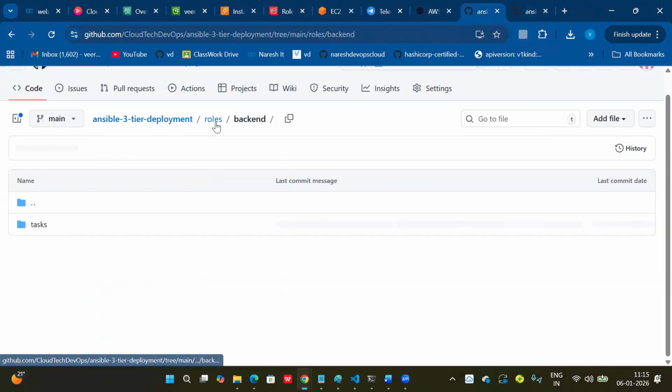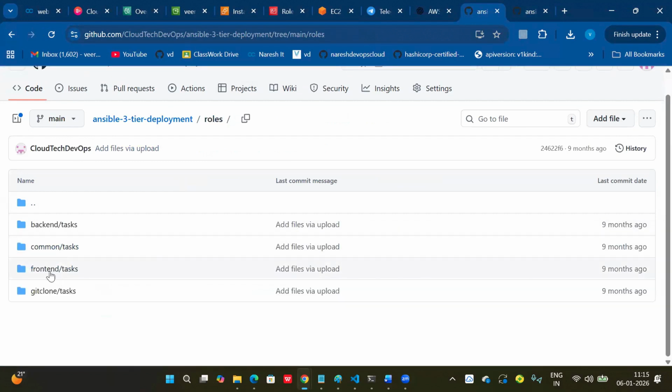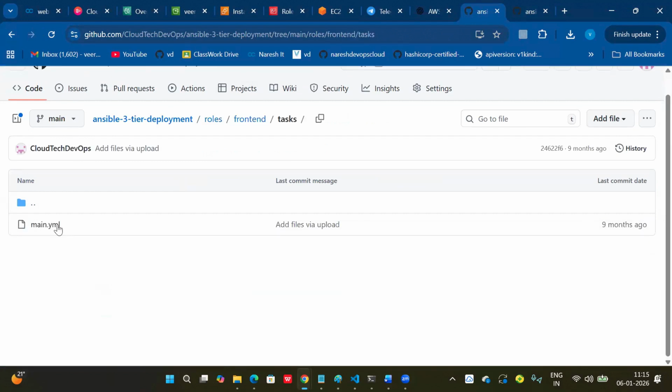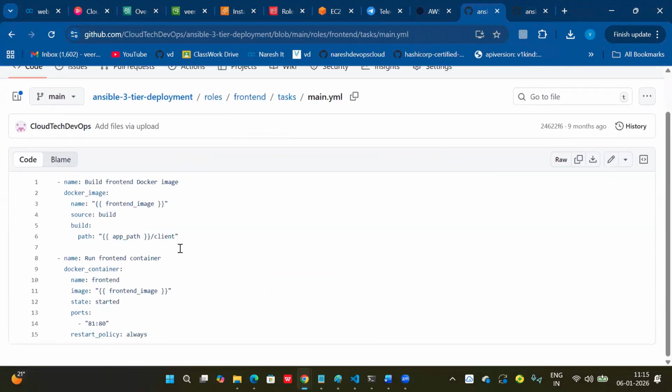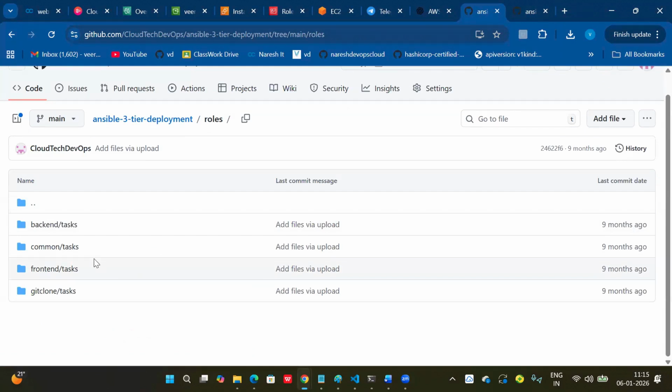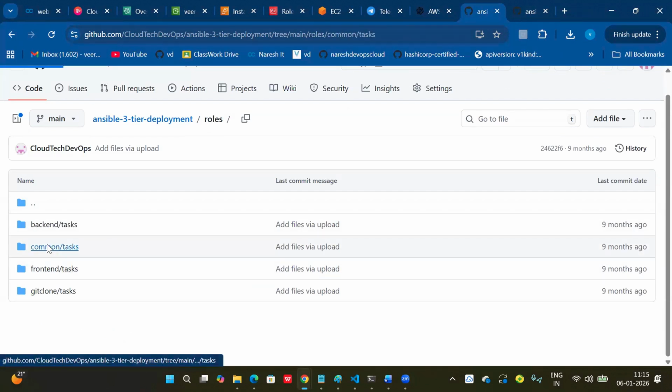Yeah, backend. Next, the front end role. If you can open the front end role. So the front end role is also going to build an image and run a container. Okay. So this container starts on 8180 to connect to the backend. Same like Docker Compose. Okay. Front end is okay. Backend is okay. Common tasks are there now.